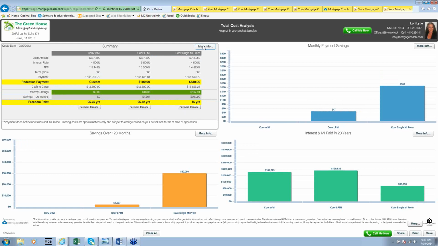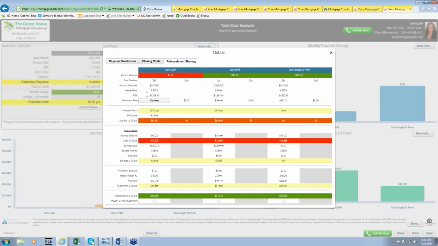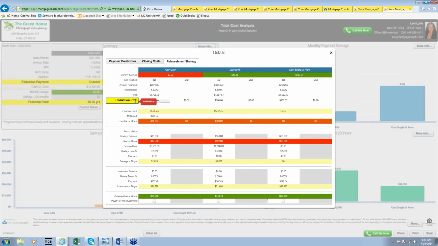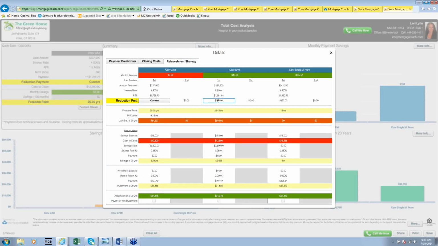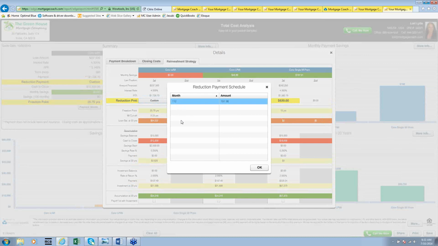Now if we go into the More Info button, and then we're going to go ahead and click on the reinvestment strategy. This is where you definitely want to do some highlighting. So just hover your mouse over that field and left click. And now if you look at your custom button, click on it, you'll be able to identify and talk to